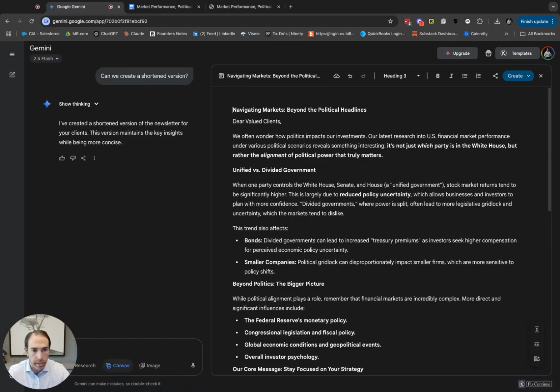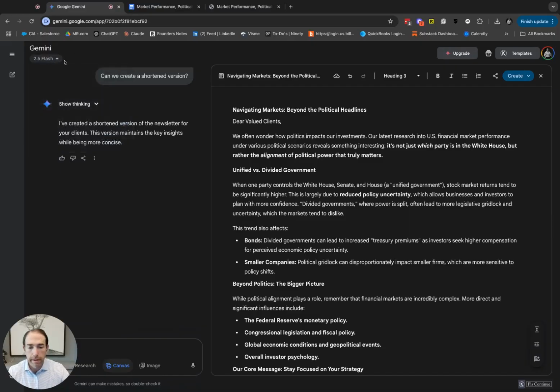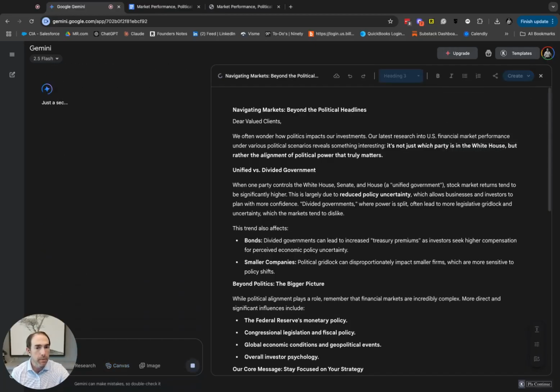It works really quickly. But here's something that I think is really unique and interesting with Gemini 2.5. So here are the models, right? You have the different models up here, just like you do in all the other LLMs. 2.5 Flash is what I'm using. I am going to create an infographic. So this is a visual documentation of what we're talking about. As you saw, we could create a web page as well using this information, which is super interesting to do as well. So this is going to take a second or two, and I'll just pause the video